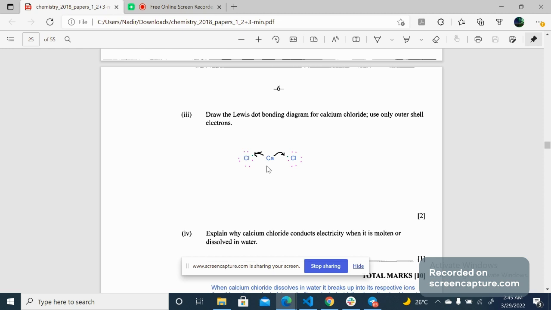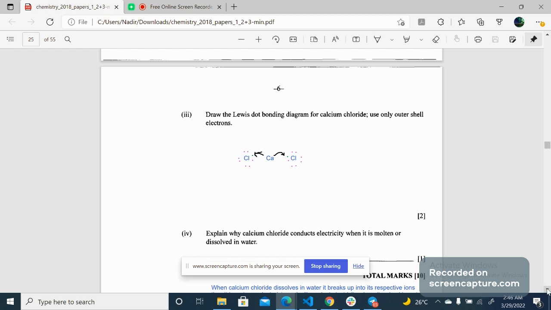These two valence electrons of calcium are, you can say, pulled by the chlorine ions on either side to attain their stabilities. So this is how it works here. You can see on either side of the calcium these arrows, which represent the process of pulling those electrons in forming the ionic bonding between calcium and chlorine ions.